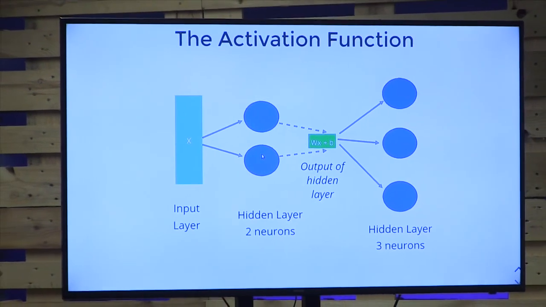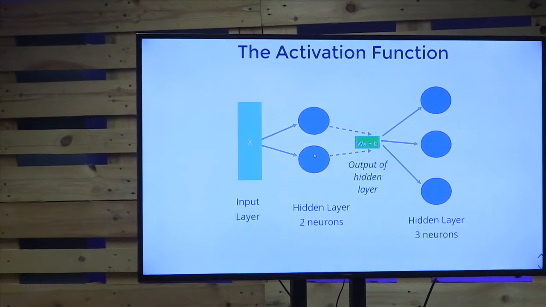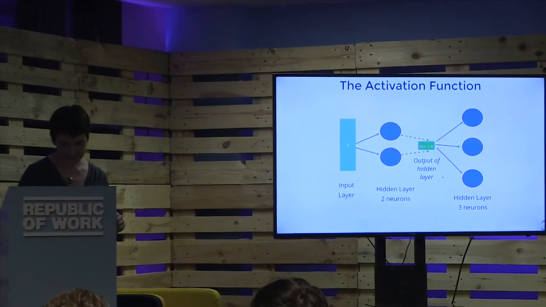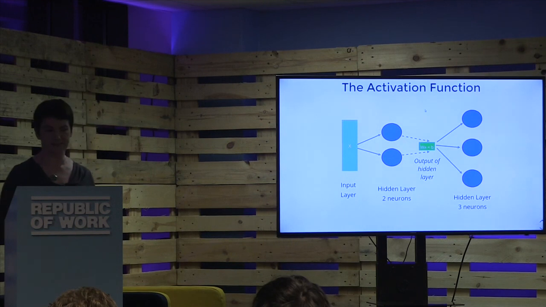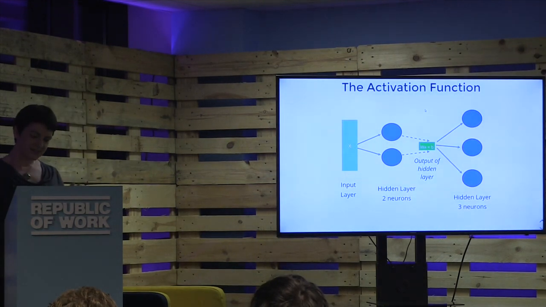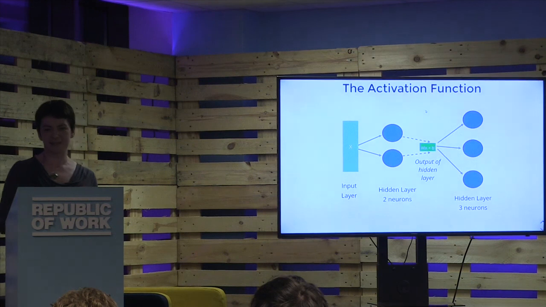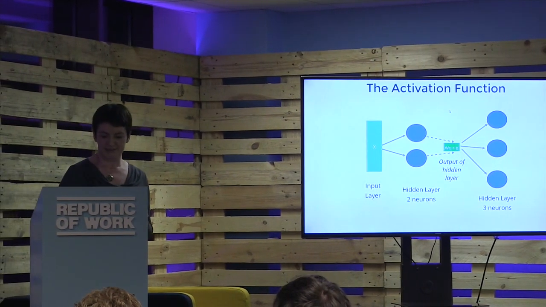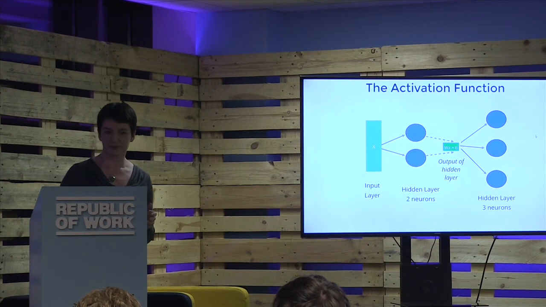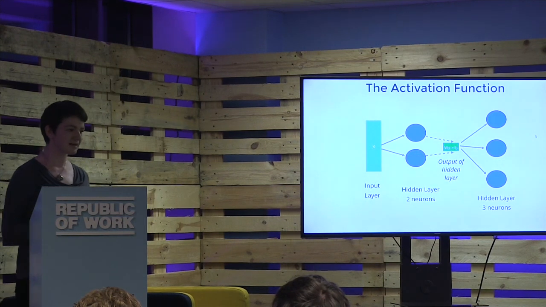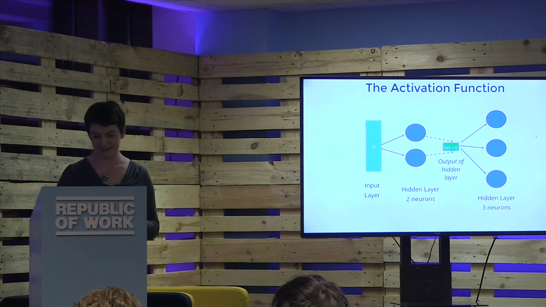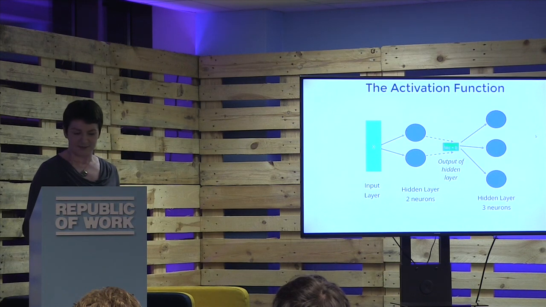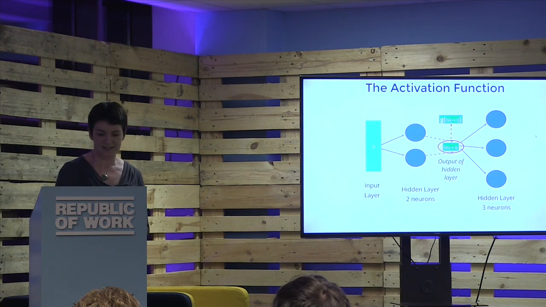So far we've talked about the output from the neurons in this layer being Wx plus b, and most of you probably recognize that as a linear term. And it turns out if you push a linear term through to the next layer, and then push another linear term, and then another, in the end your input x will have a linear relationship with your output y. So obviously that means you're not able to model any very complex relationship, you're only able to model something that's linearly related. So instead of having this whole linear relationship, we need to put in some non-linearities,